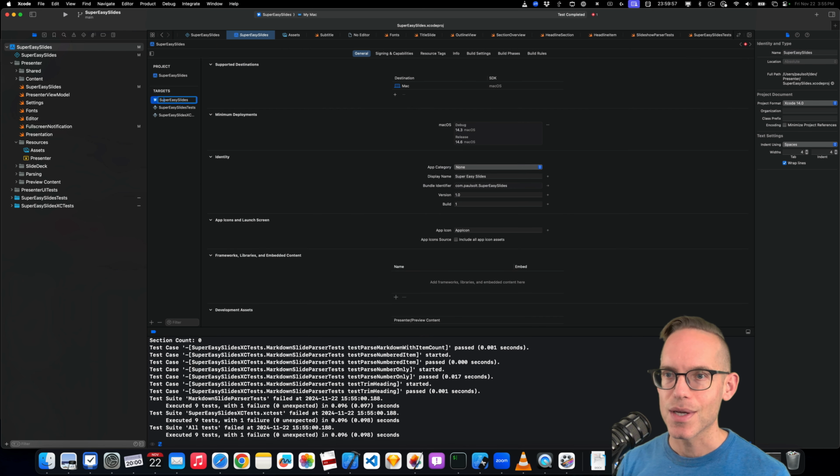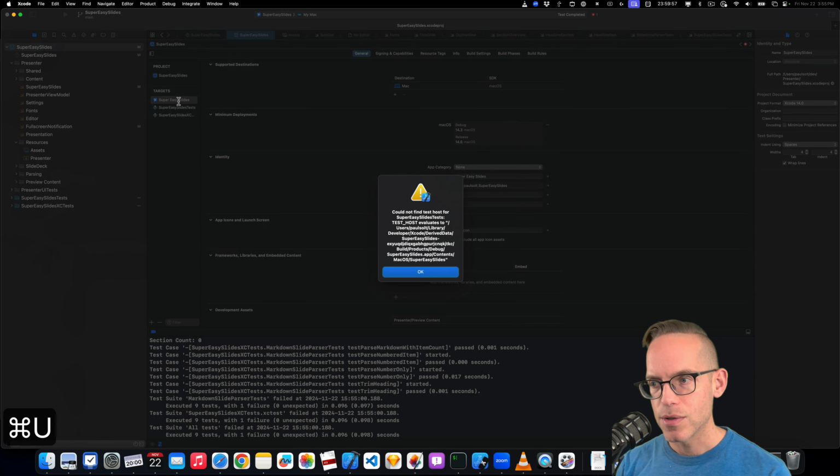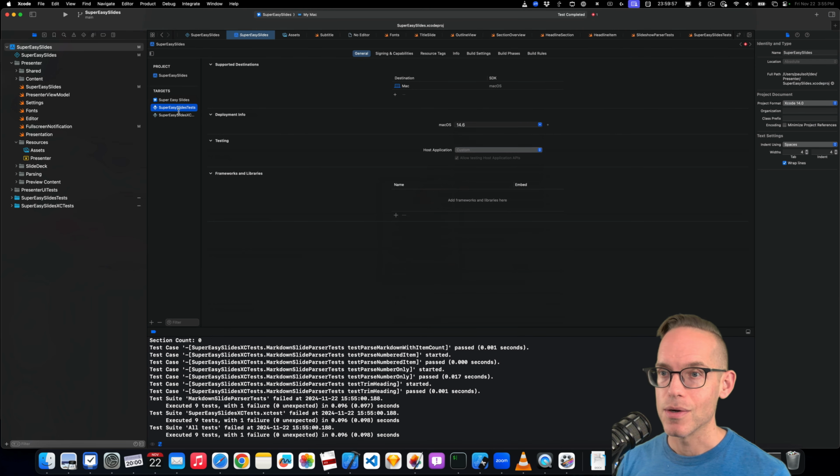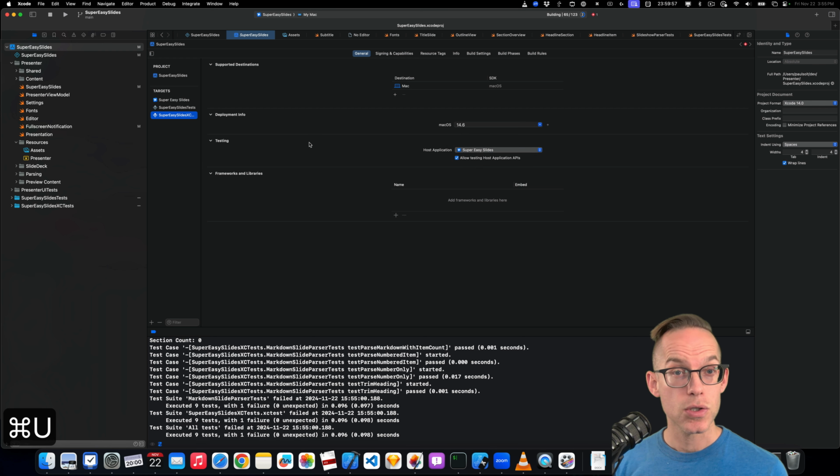So one more time. If you're trying to fix this issue where you try to run your unit test and you get this issue, this is the quick fix. We are going to hit OK. We're going to go to each of your unit test targets that's referencing the previous target name, and you're going to check the host application, and you're going to select the new name for each of those. Once you do that, you do Command U. It should work for you,